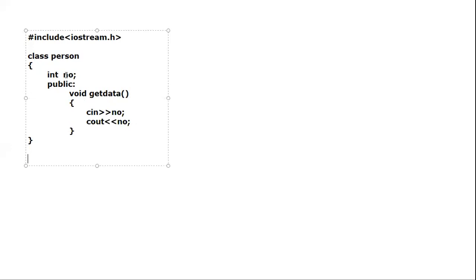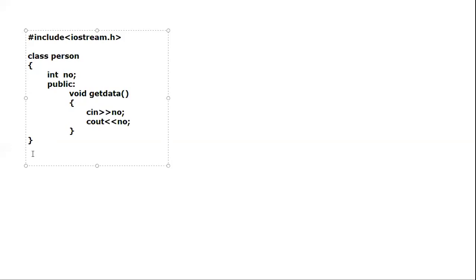Now I'm going to declare a derived class. How to declare a derived class? Do you remember the syntax of it? Extends or implements?